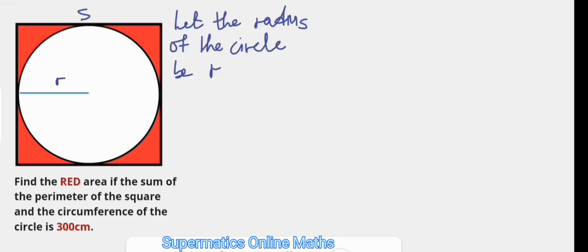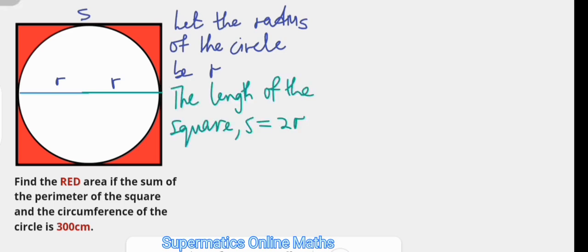And from the diagram, it's also obvious that the length of the side of the square is the same as the diameter of the circle. And that simply means that the length of the side of the square is r plus r, which is 2r. And since their perimeters add up to 300 centimeters, and we know that the perimeter of a square is 4s, so in the case of this square, its perimeter is 4 times 2r, the length of its side, which is 8r,